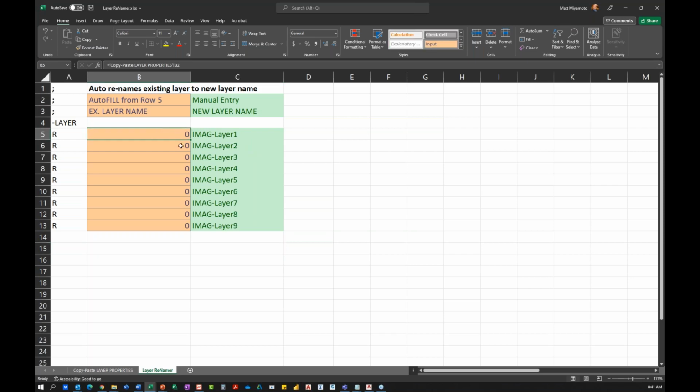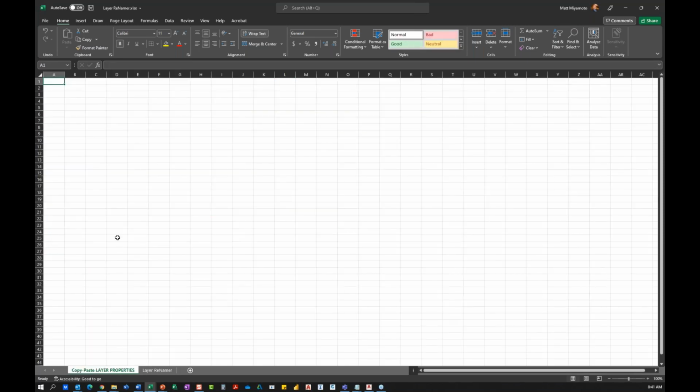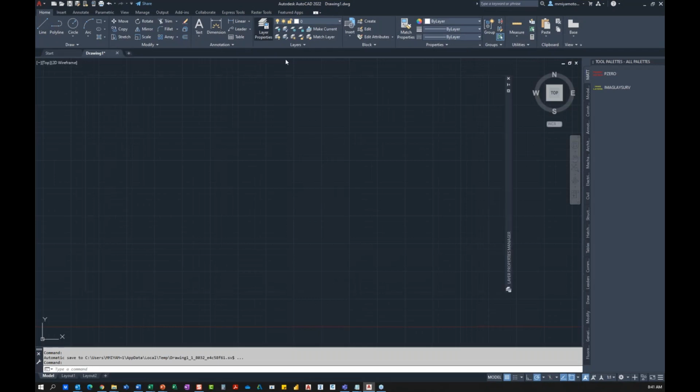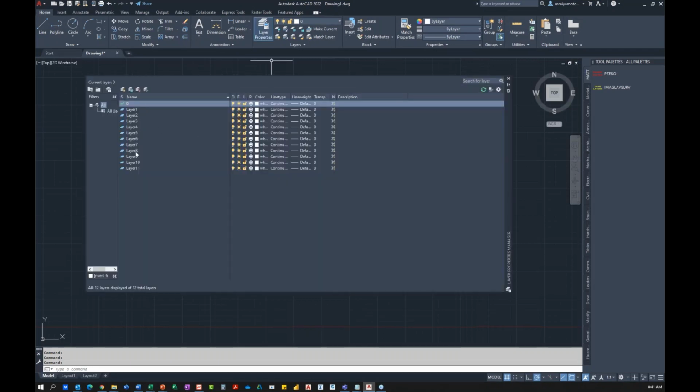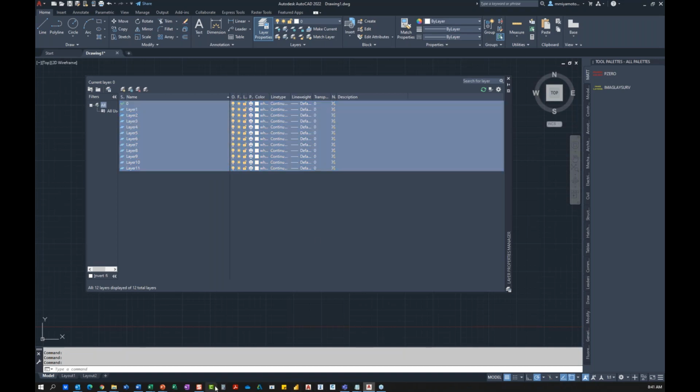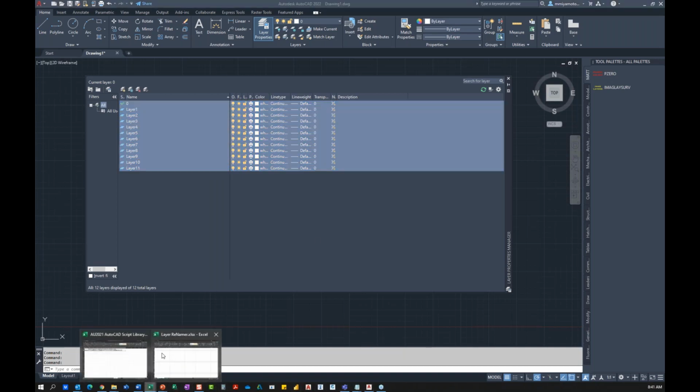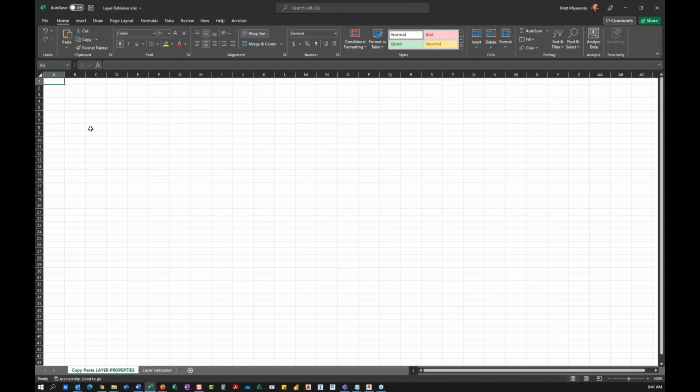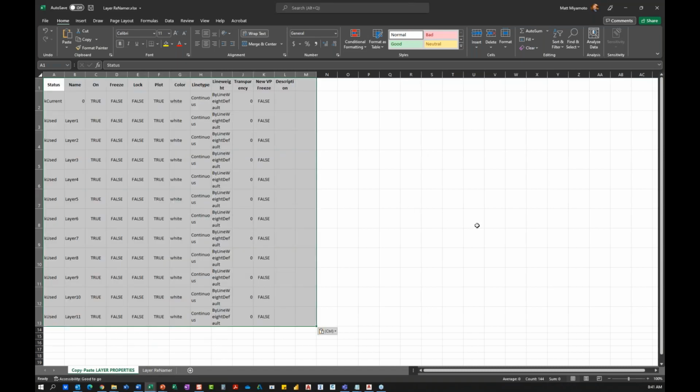Right now it's all zeros because my reference tab here, where I copy and paste layers from the properties box, is still blank. So if I went back into AutoCAD and took a look at a drawing file that just had some generic layers in here, I've got my layer properties manager, and I just clicked on create new layer a few times. So I've got layers 1 through 11 plus the layer 0 there. If I do a Control A to select everything, and Control C to copy everything, when I get back into the spreadsheet,